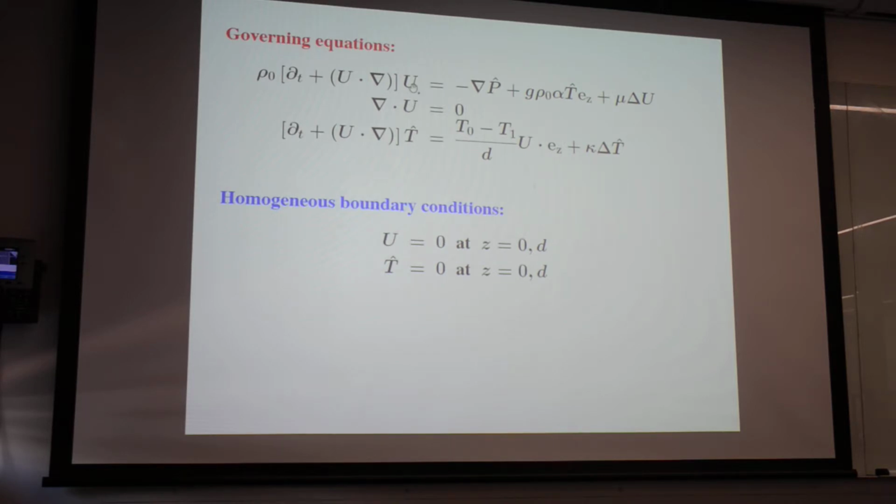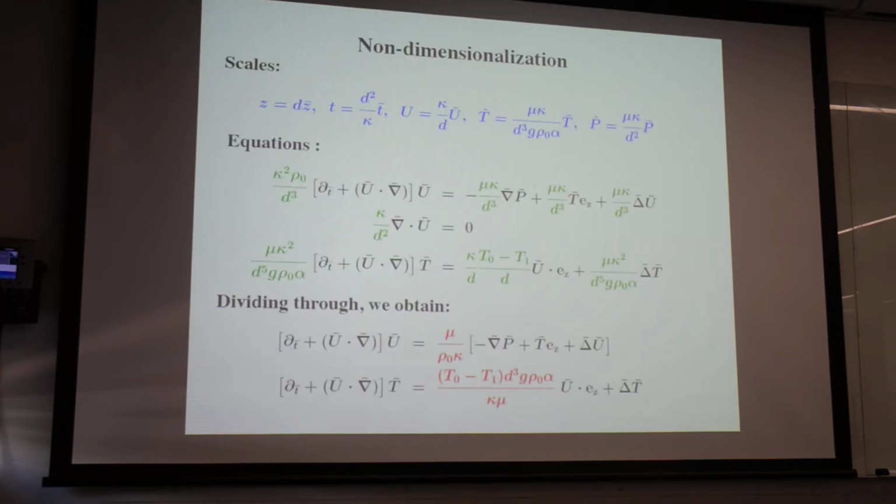We don't need a hat on the U because the base state is 0, so the U and U hat are the same. And these obey homogeneous boundary conditions because the base state already absorbed the inhomogeneous ones. Non-dimensionalization, some of you know how to do it, some of you don't, but it's kind of dull, so let's just skip that part and say that of those three equations